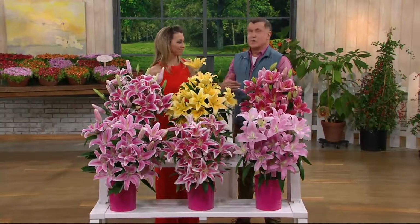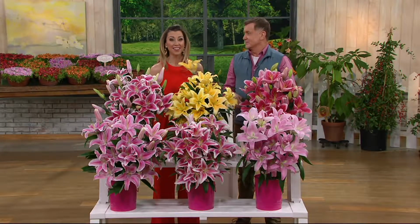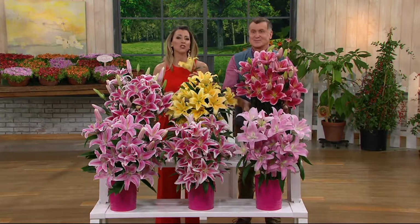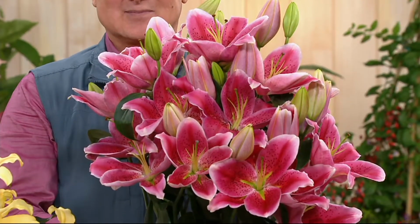Flower shows. Well, we continue that tradition today, only we bring the flower show to your living room. Isn't that nice? You don't have to do a thing. Sit back and relax. Okay, this is how we're going to start the show, with something so beautiful, so bold, so fragrant. It's a gorgeous lily, but it's not like your typical Oriental lily that you see out